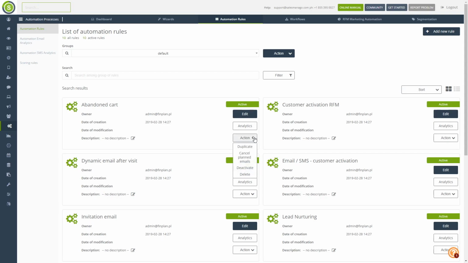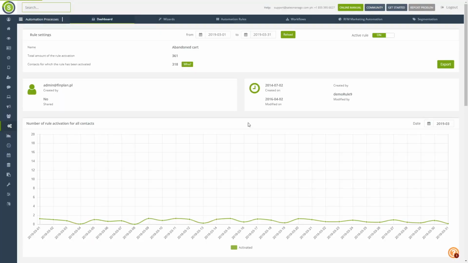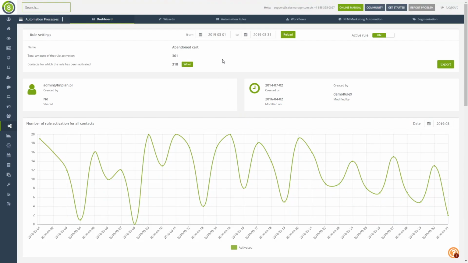Each rule's action menu allows us to duplicate the rule, cancel any planned emails by the rule, activate or deactivate it, as well as delete it entirely. We can also view the analytics of each rule to see how often it was activated in a specified time period, export the data to a file, view precisely which contacts the rule has activated for,